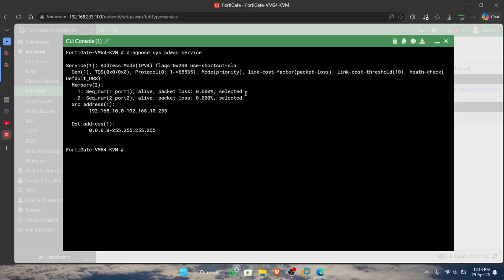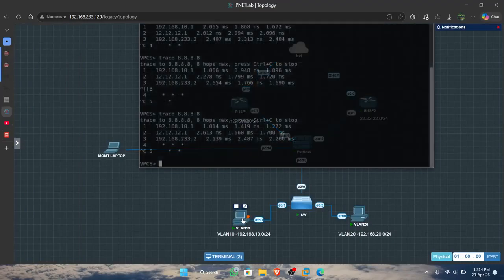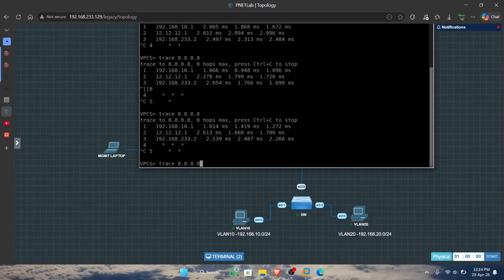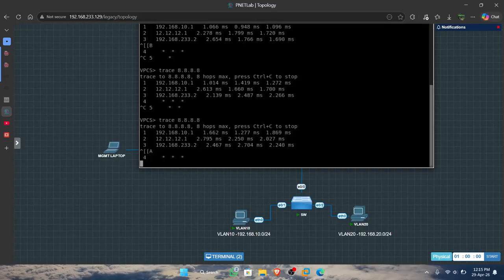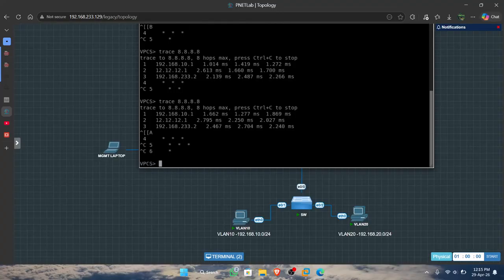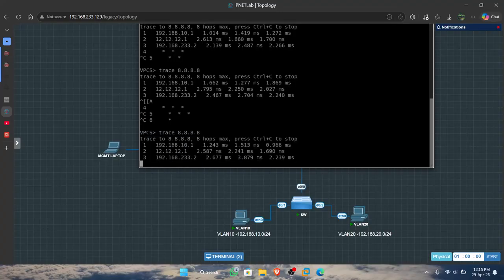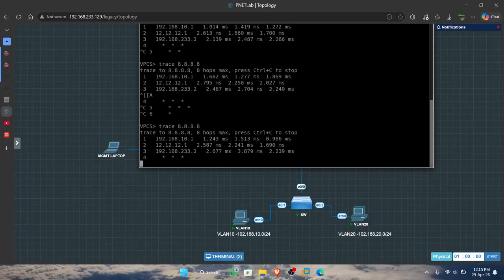We can check that the packet loss is 0, because we are not tracking. If you track this, okay, you can show the gateway from the VLAN.